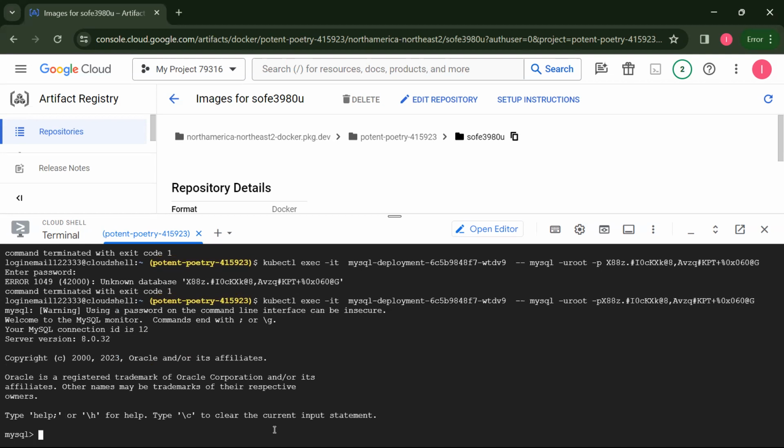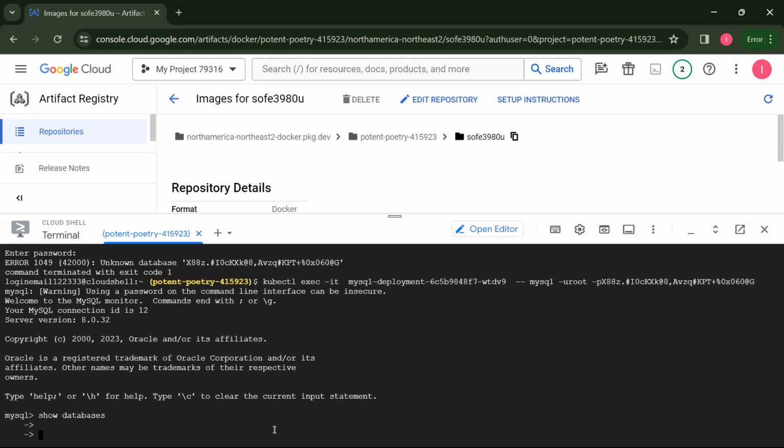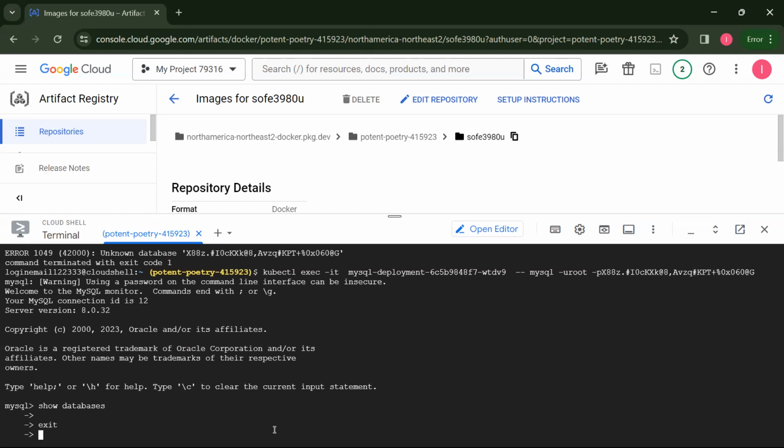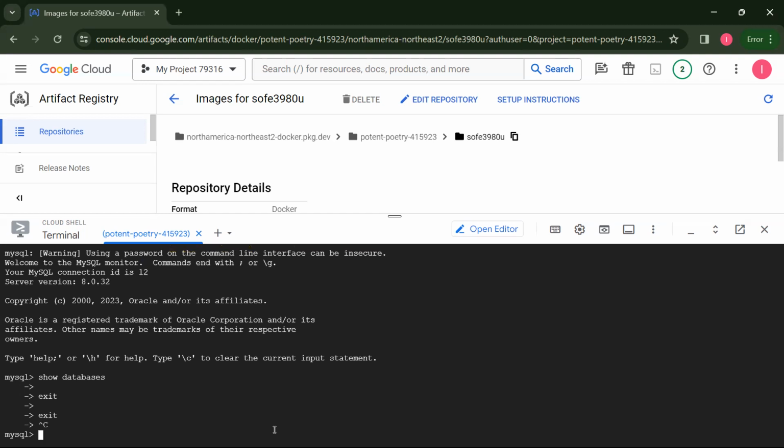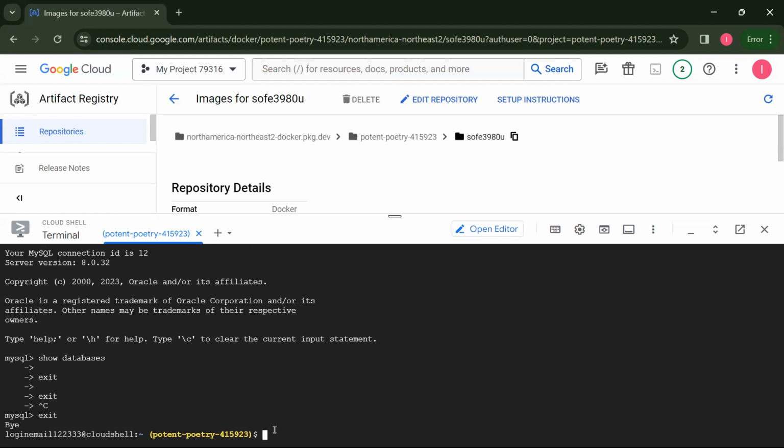Okay, as you can see, MySQL is now connected, and now I can use any SQL command, like show databases. Right now, there's nothing available, so it won't show anything, and I'll just exit out of it. Yeah. So this was the first method, and next we're gonna try by using another external IP for the same. I'm gonna make another SQL image,